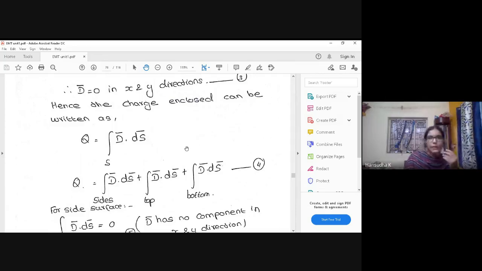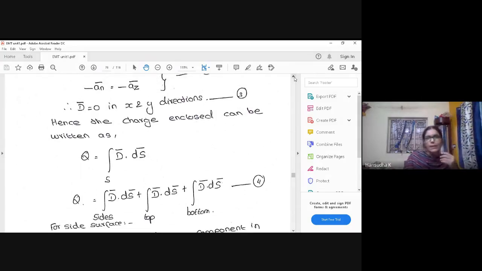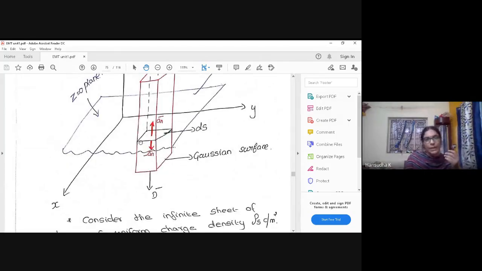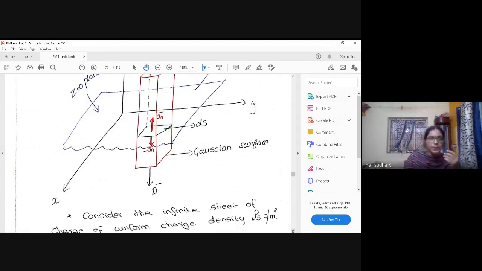Therefore, Q is equal to, so if I take this diagram again, you have to find the sides, and you have to find what is the top and what is the bottom. So what is the surface area along the sides, and then we have to find what is the surface area in the top side and in the bottom side. So I can write here,